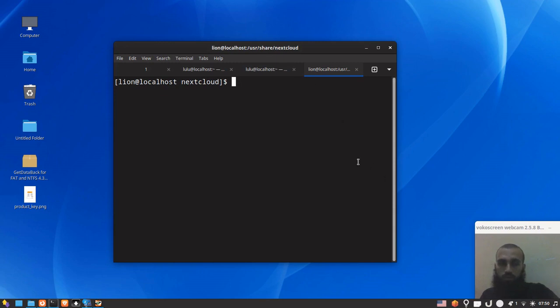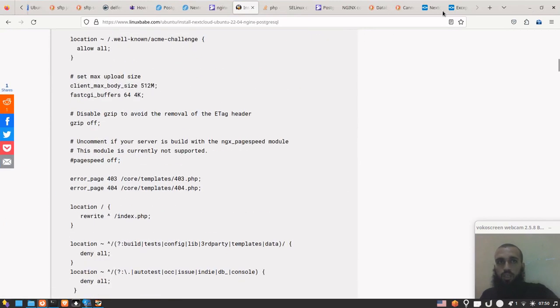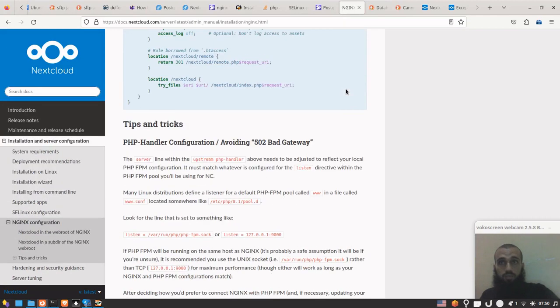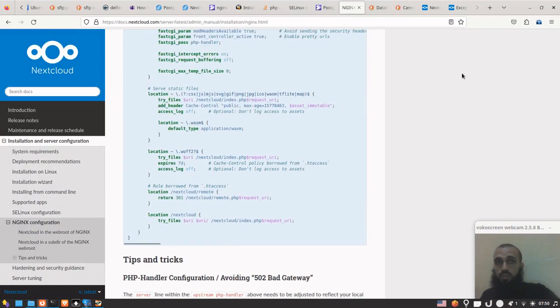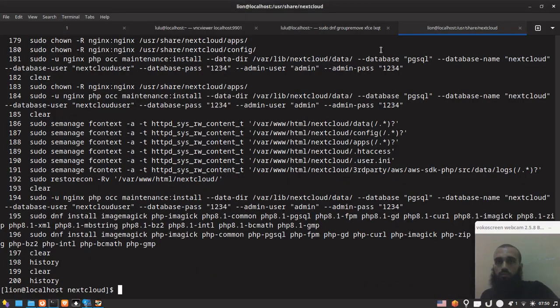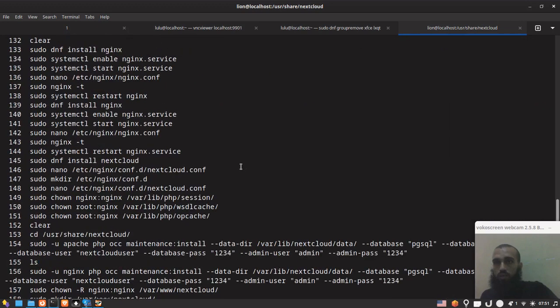I did try to do that many times. I followed the wiki of Fedora. I followed this one. I checked also Nextcloud's wiki or the documentation, and I will show you the commands that I ran. Why am I doing this? Because it failed for me. I'll show you all the commands that I tried to run. Alright, so